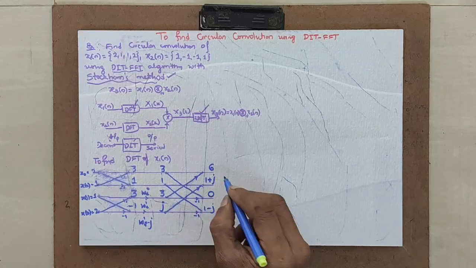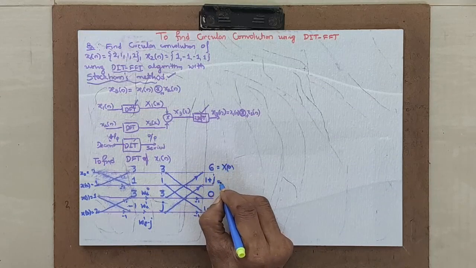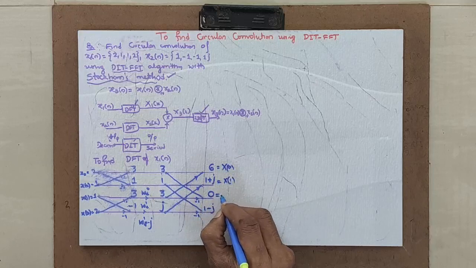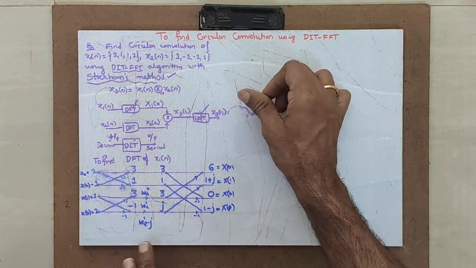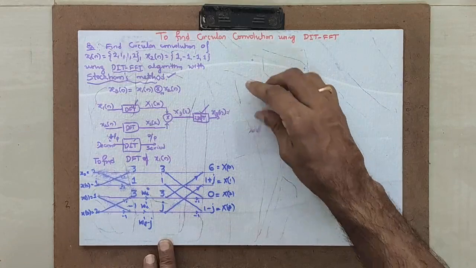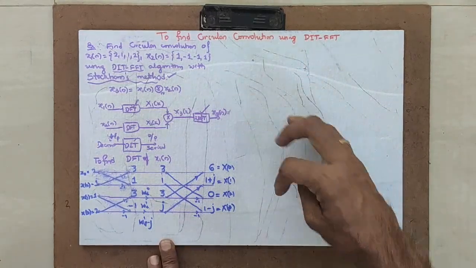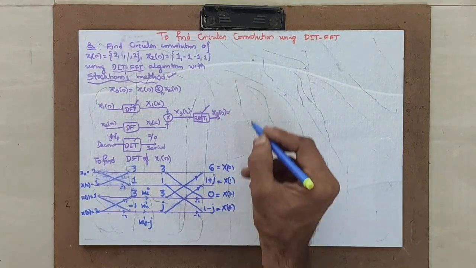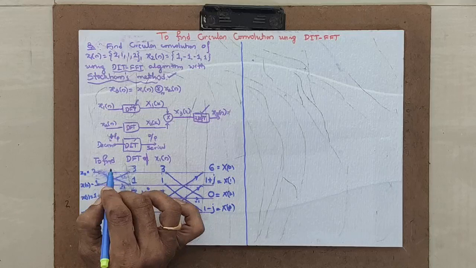Now what happens? Here this is coming in series: this is x0, this is x1, this is x2, this is x3. I got this. I just remove this so that I can draw the rest. Now you have x0, x1, x2, x3. I got my first step here.